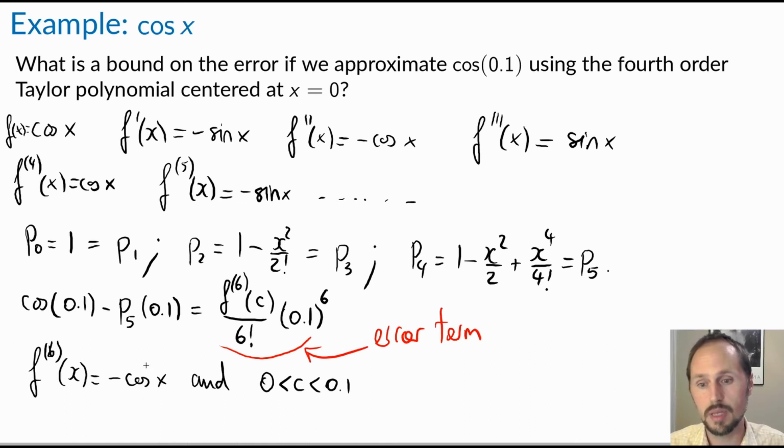And it's going to be no more negative than minus 1. So that tells us that this error, the remainder,